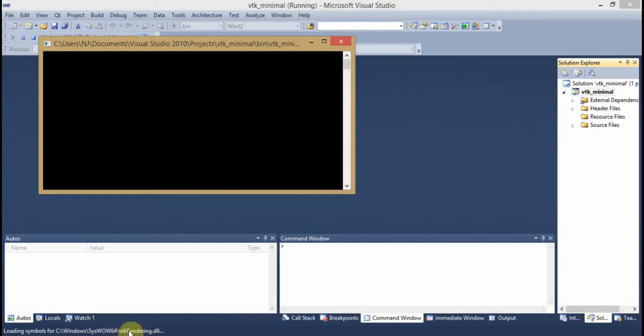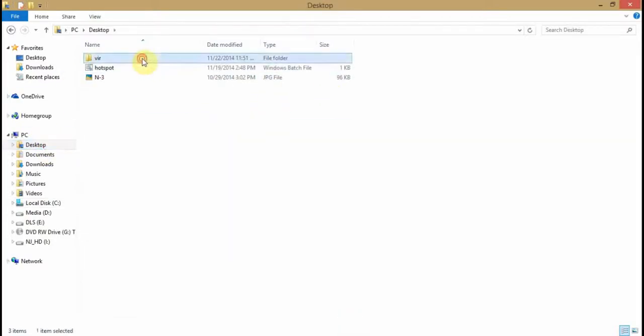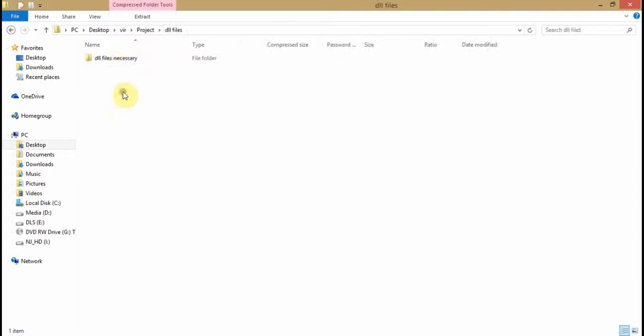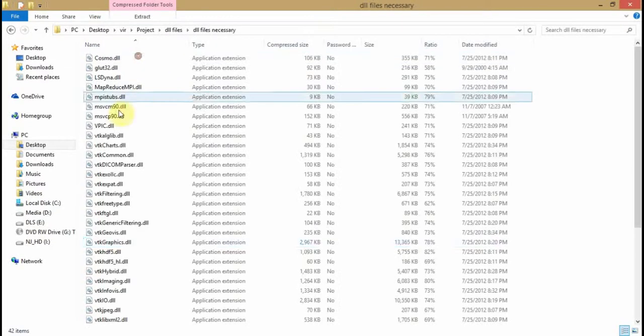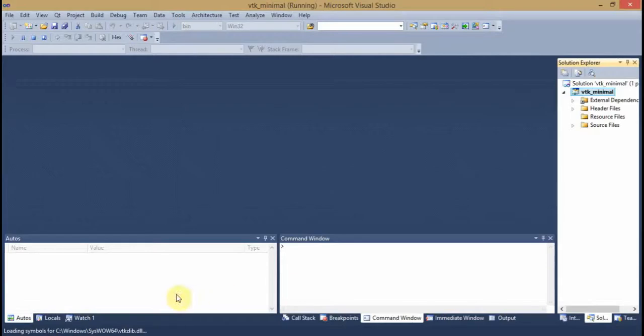You can see that it's loading some DLL files from a folder called SysWOW64 in Windows. Now one thing you should remember: if you are using a 32-bit system, then you have to add some DLL files in the system32 folder in the Windows folder. I've already included these DLL files in my folder. You just have to copy them into system32 if you are using a 32-bit system. If you are using a 64-bit system, then along with the system32 folder you will also have to add those DLL files in the SysWOW64 folder, which is also present in the Windows folder, without which it won't run properly, or maybe not at all.